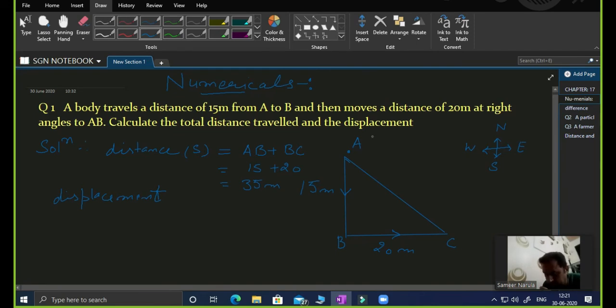Now see that A should be called the initial position because it started from A, so that is initial, and that should be called final. So the very important thing is that the object moved from the initial to final, so the direction to be counted is as this one. This is the direction that we are able to see here. Okay, now displacement, which is nothing else than S arrowhead, should be the shorter distance.